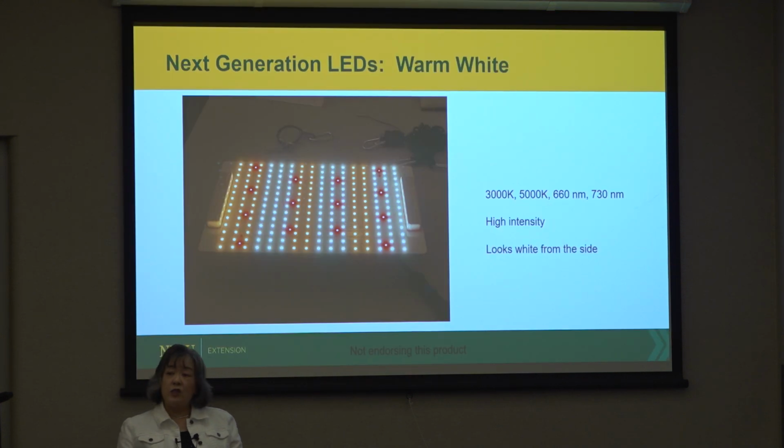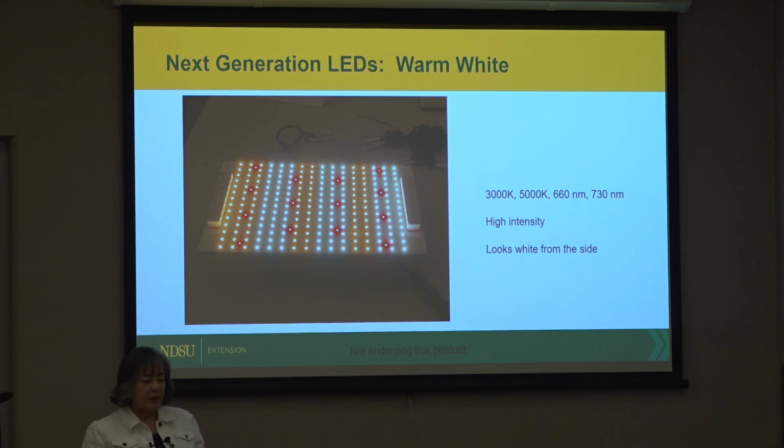So we've got the next generation of LEDs, and we're calling this warm white. With the next generation of LEDs, we've got 4 different kinds of bulbs here, and we've got different terms. We've got the orange bulbs here, and this is at the 3,000 Kelvin range, and we'll talk about that in a minute. We've got bulbs that are more white to blue, that's in the 5,000 Kelvin range, and then we've got these